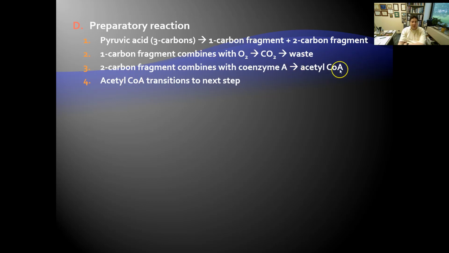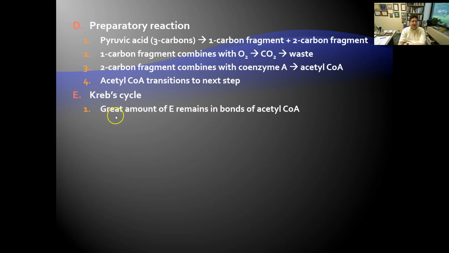What acetyl-CoA goes into next is the third part called Krebs cycle. In Krebs cycle, there is still a lot of energy in this 2-carbon fragment, in this acetyl-CoA. So a great amount of energy remains in the chemical bonds of acetyl-CoA because there's a lot of electrons there